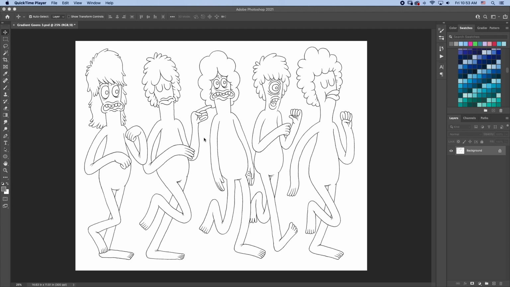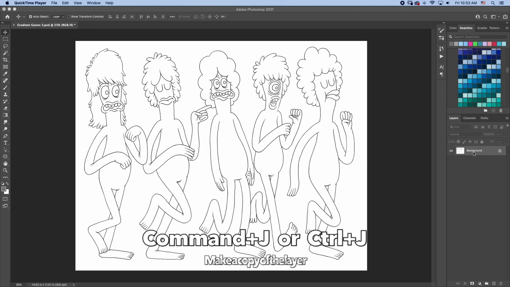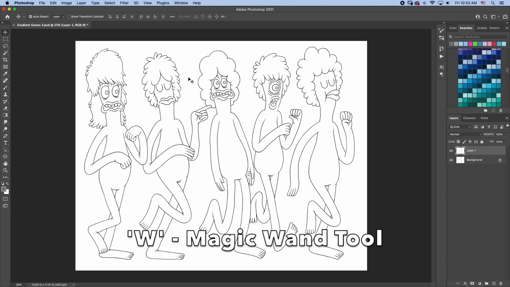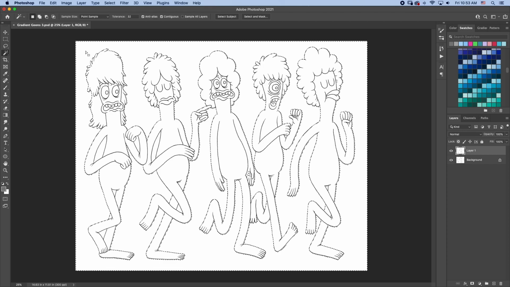So the first thing I want to do is duplicate my layer. I go over here to my background layer and I press Command or Ctrl J and it will make a copy. Then on the new copy that I just made, I want to make sure I have that layer selected and I'm going to delete the background. So I'm going to use my magic wand tool to do that. I go ahead and press W on the keyboard and I click on the background and it should select everything